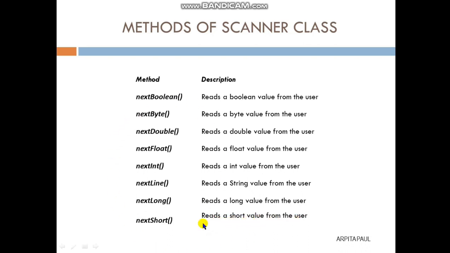So these are the popular methods of scanner class which we will use in our program to take input.